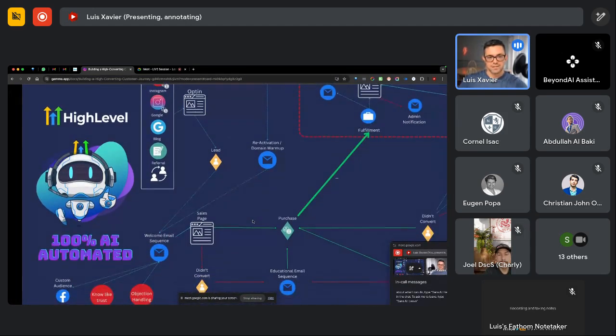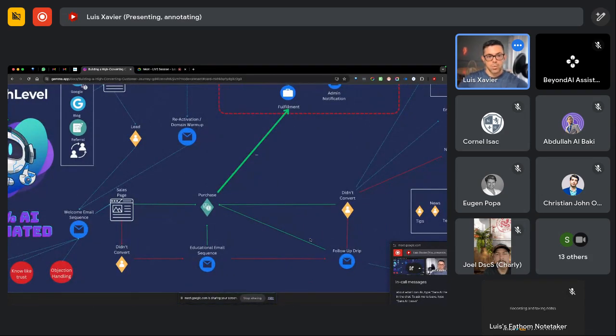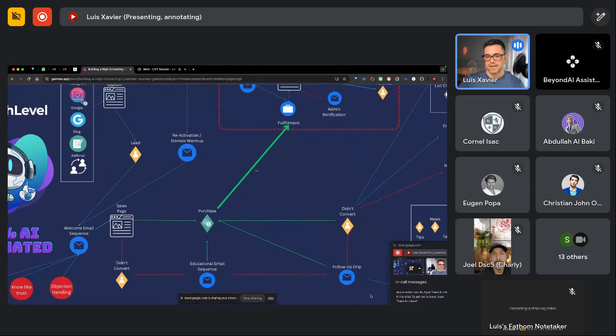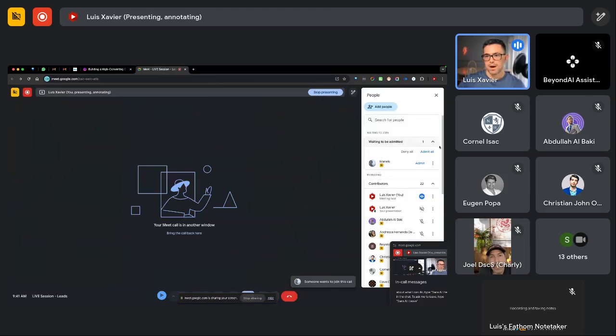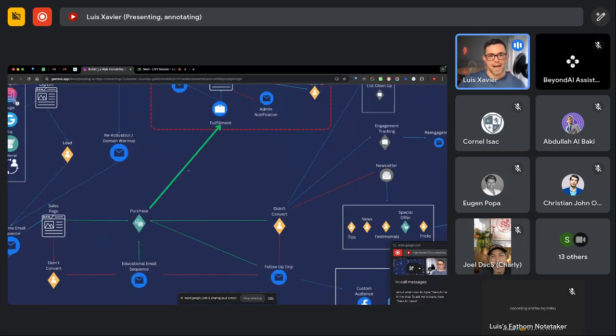So you've got the customer journey, right? You've implemented everything. We want to make sure that we continue to optimize. Let's say you got a lead all the way to the newsletter. Sometimes what I might actually do is go back to some of the leads and email them: Hey, I can see that you've been through my newsletters and I'm very happy to have you here, but you haven't actually purchased from me. What's going on? Right? And that's it. If I can, I will try to meet up with them.